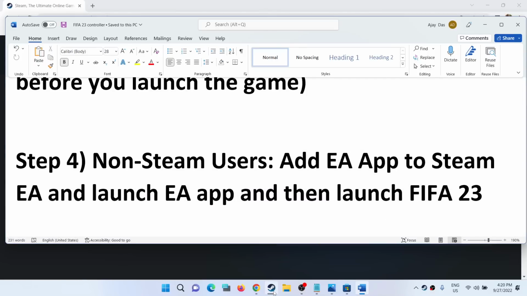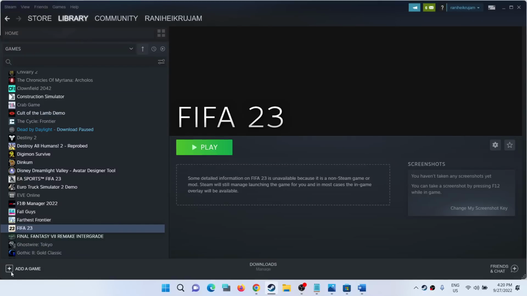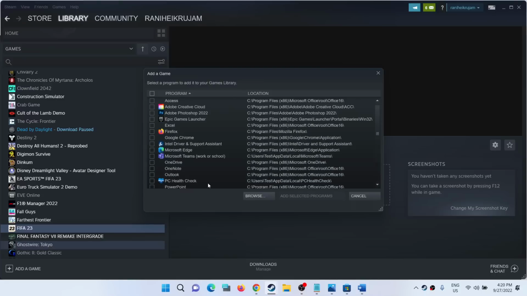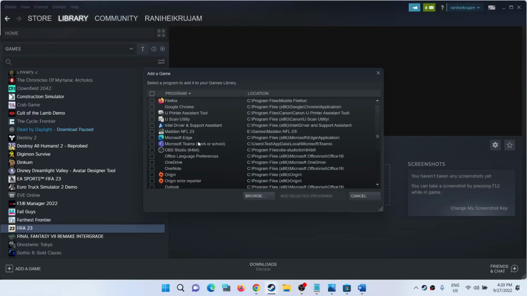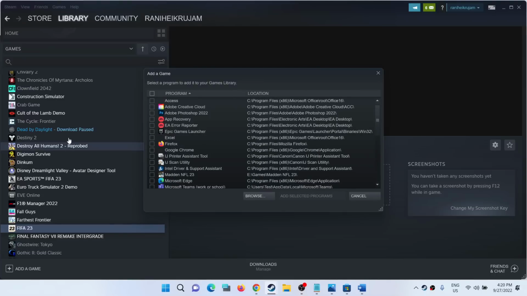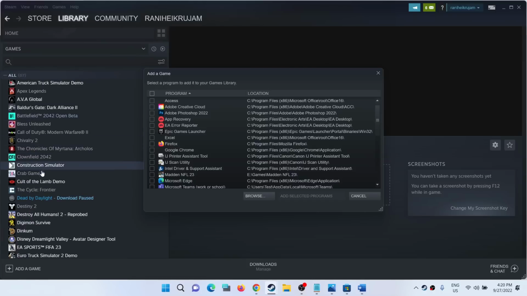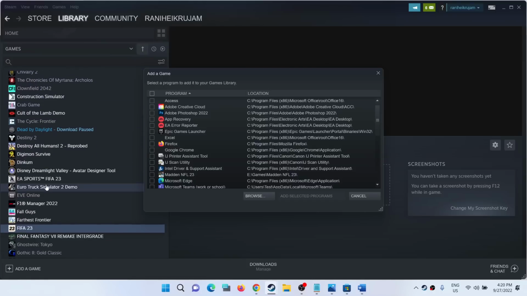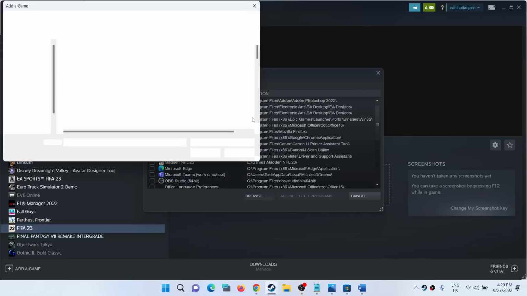Now for this, go to Steam. Again, click on add a game. Click on this plus icon. Click on add a non-Steam game. Now over here, find EA app. Now if you don't see EA app over here, in that case you can go to browse and then